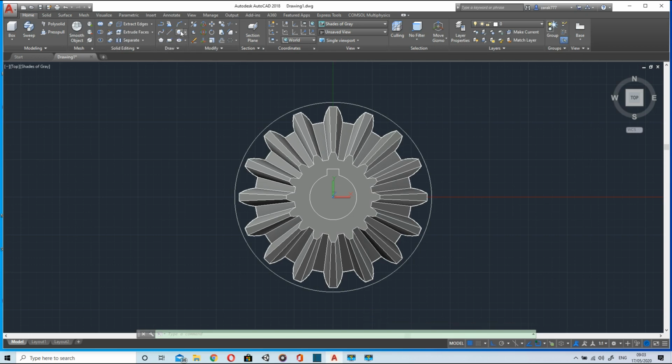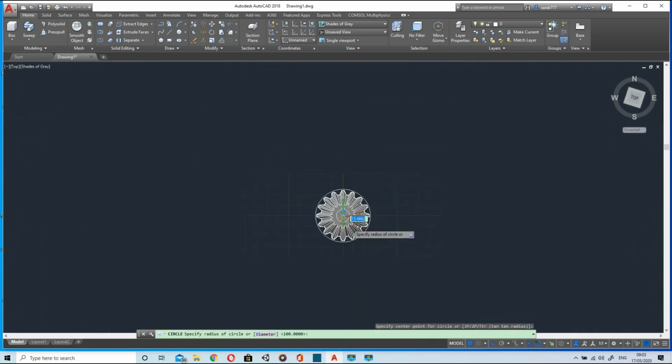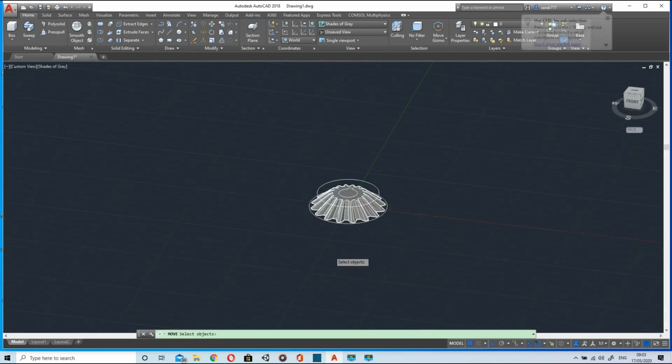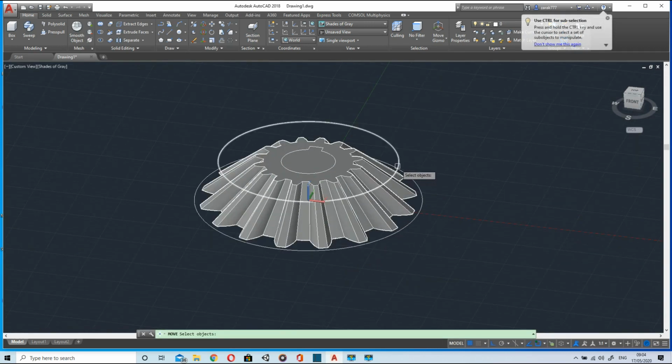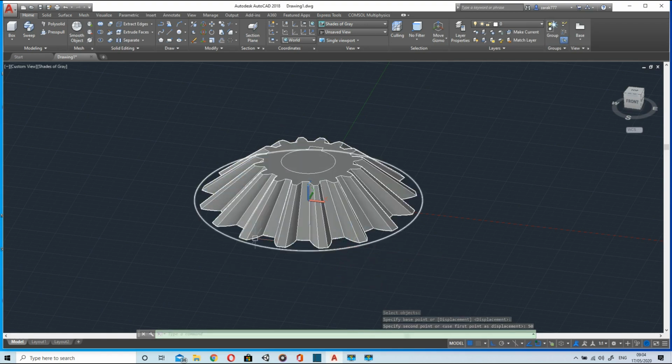Now the next thing will be to make a circle of 100 radius. This circle should be at the bottom, so we will move it from here, click on it, select the center and move it in negative Z direction up to 50 units. Okay, now